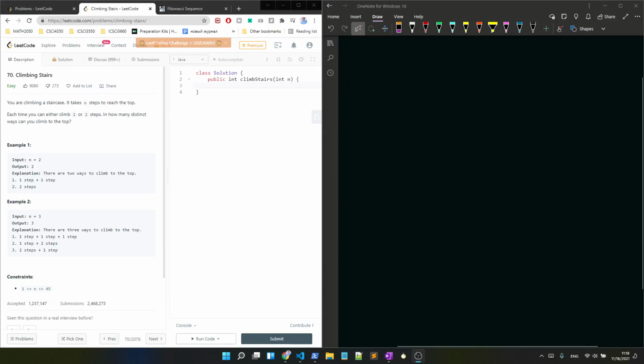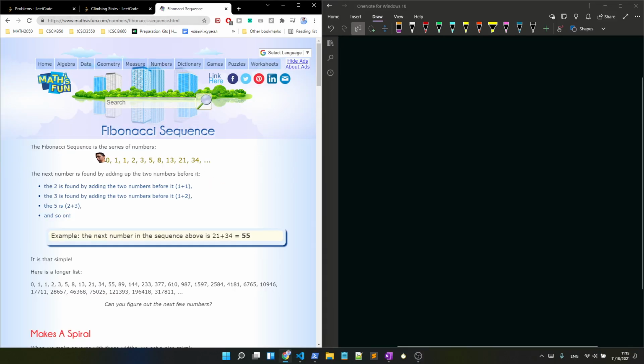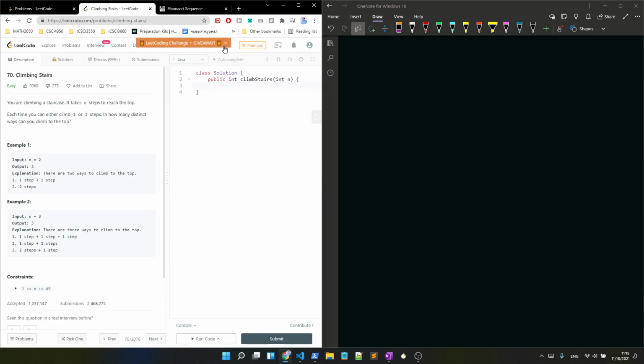So this problem actually ended up being the Fibonacci sequence, and I didn't even realize that until I looked up the sequence that I found. I spent a lot of time trying to figure out how to do different things with permutations and stuff, and then eventually I just started messing with the LeetCode submission thing to become aware of more